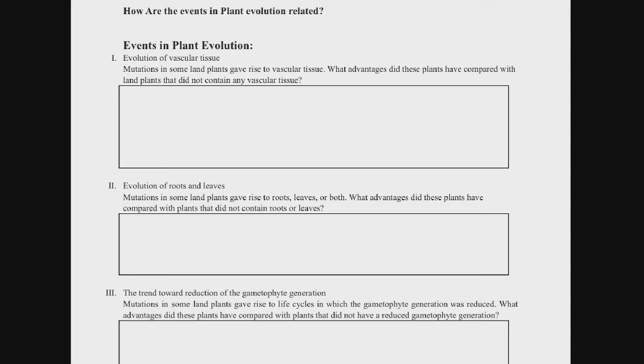So, vascular tissue provided mainly support against gravity. Obviously, prior to this, when all plant life was found in the ocean, they didn't need vascular tissue to help support themselves. But when it came time evolutionarily for them to be on land, the vascular tissue was there to help them. Because of this, they also could grow taller, which has a lot of advantages in terms of nutrient availability, light energy,